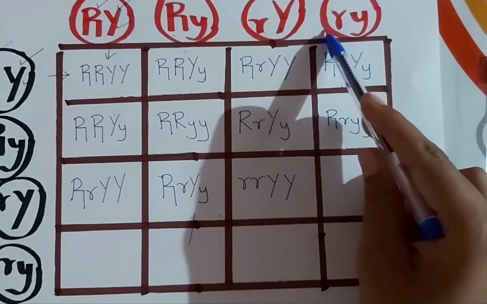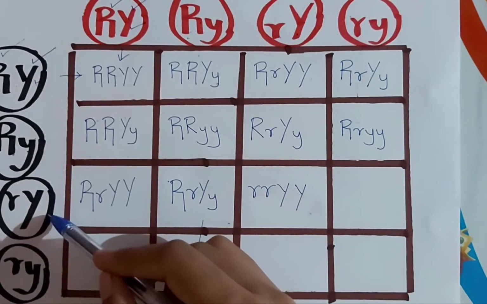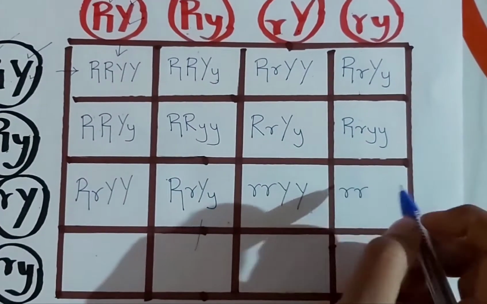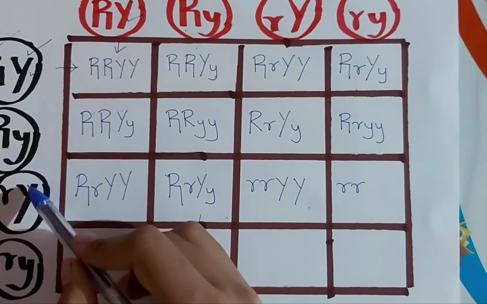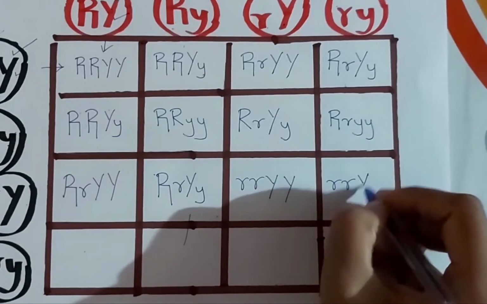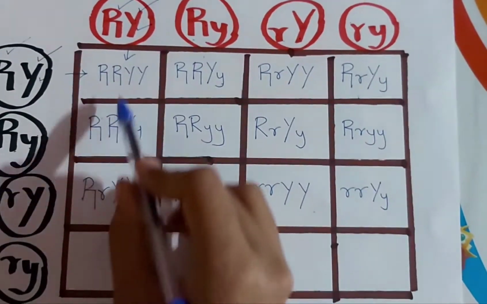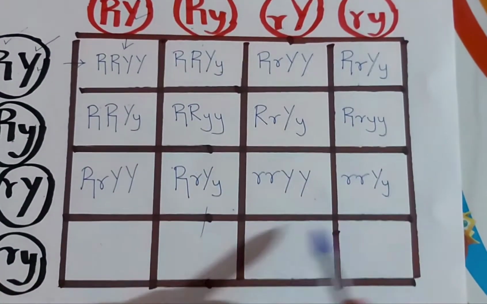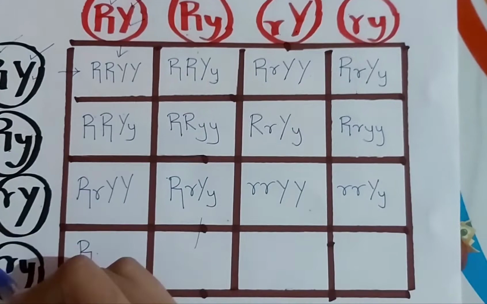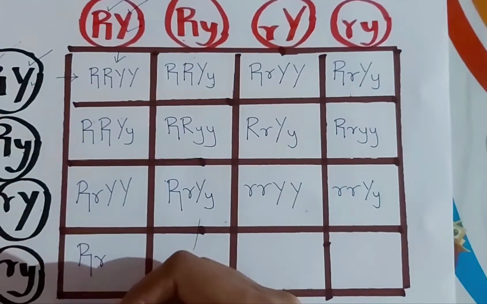And here small r and small y, small r and small y, sorry, capital Y. So first you should write small r, and in Y here it is capital and here it is small. So first you should write capital Y and then small y. Okay, and this row and this column you see. So capital R and small r, and here it is capital Y and small y,